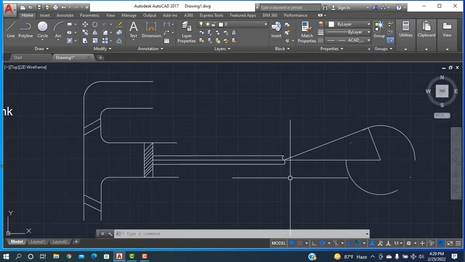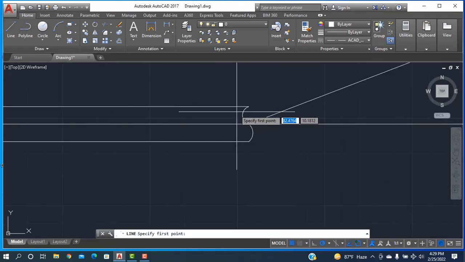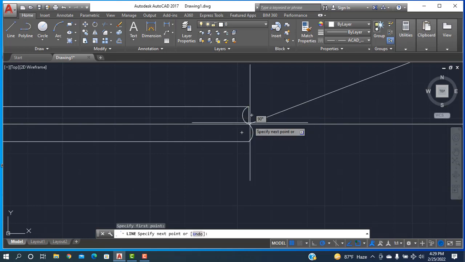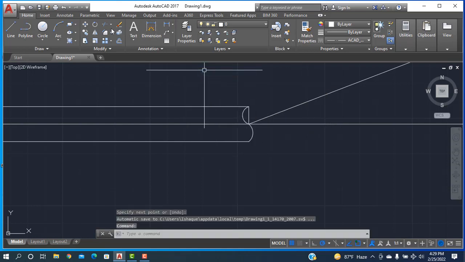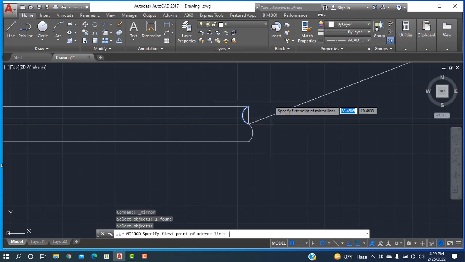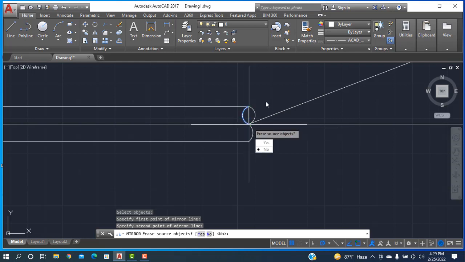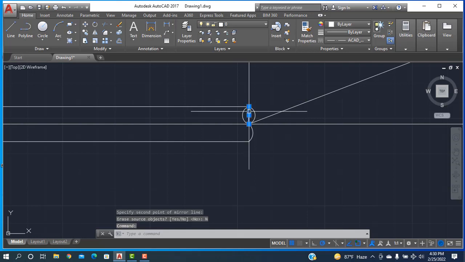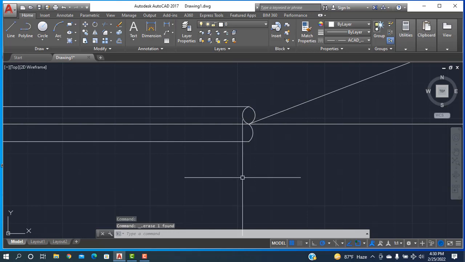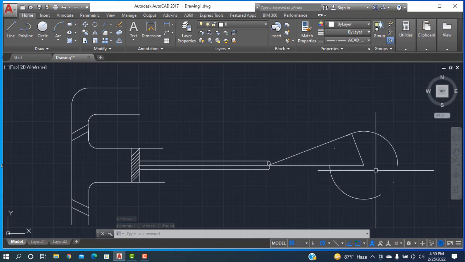After that, taking the line from here to here, I click OK. Then going to the mirror, click this one, enter, and click from here to here, then enter. Now you click here and delete this. Now see, and